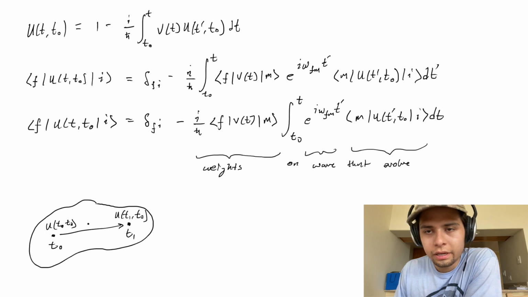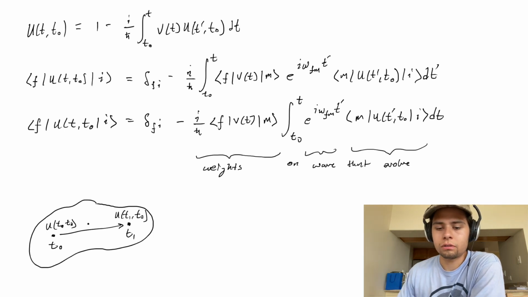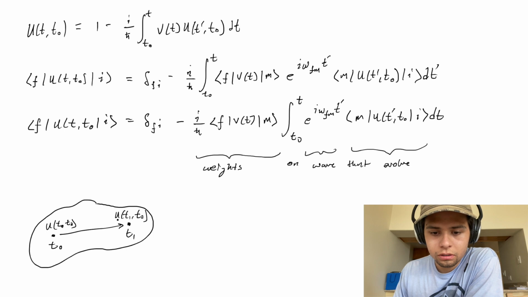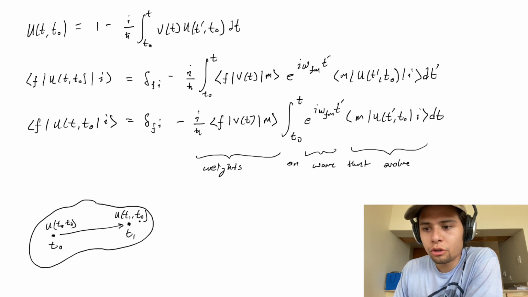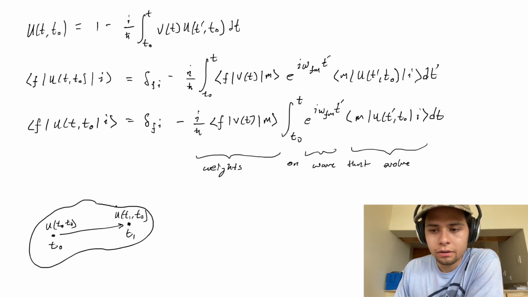Okay, and we integrate this over all time intervals, and what we have is, so this is a matrix, this is a new matrix. These matrices evolve, right? So these matrices evolve, and